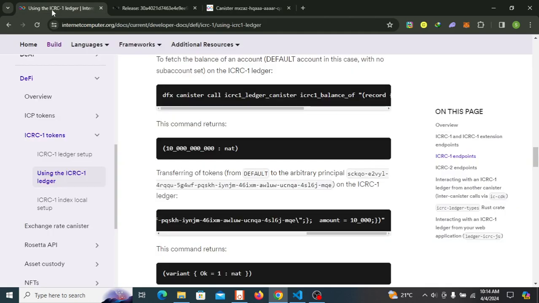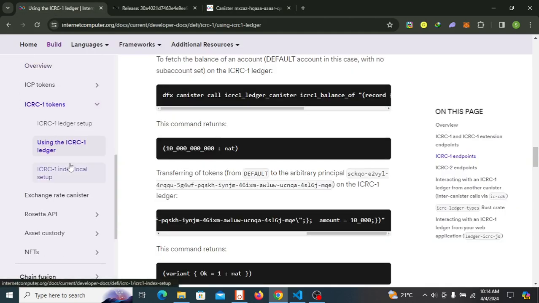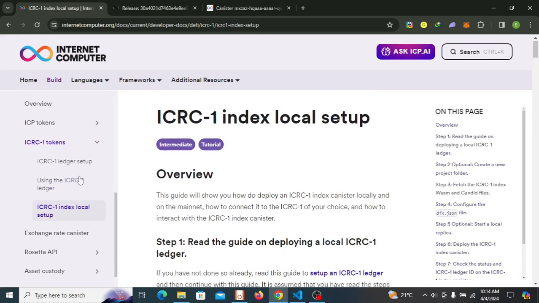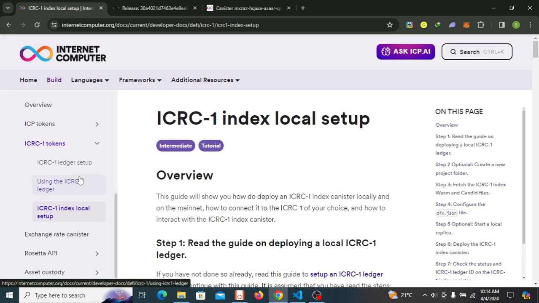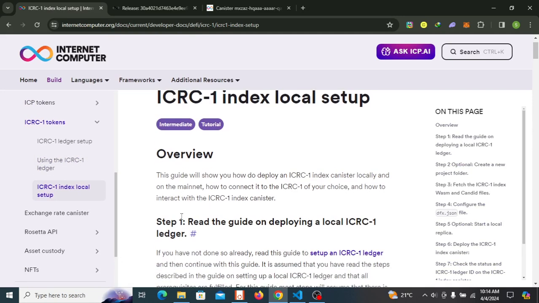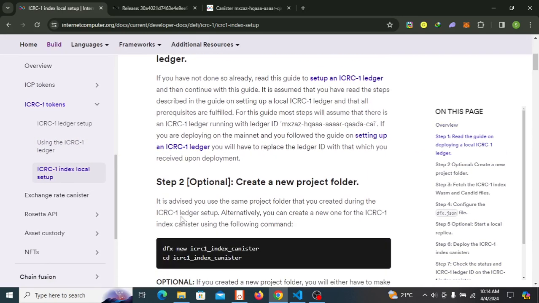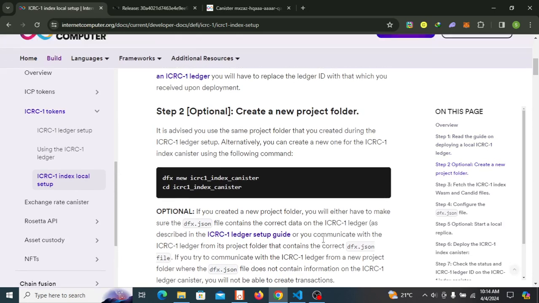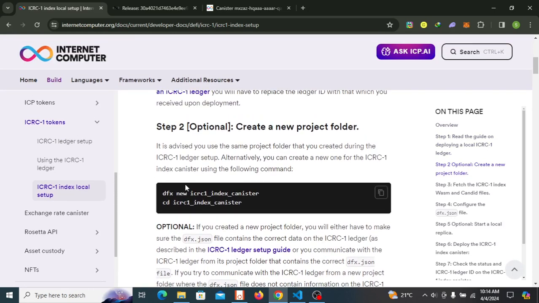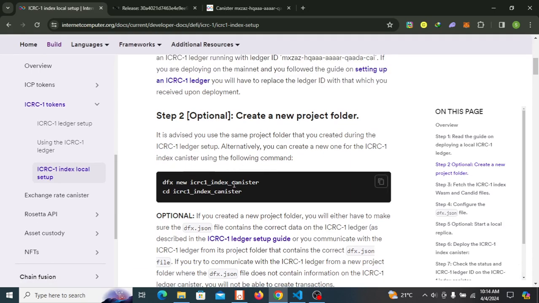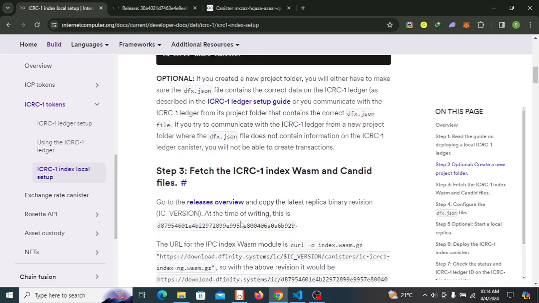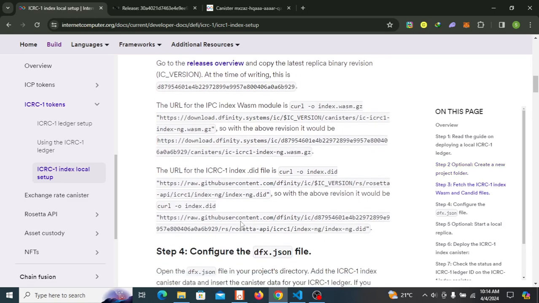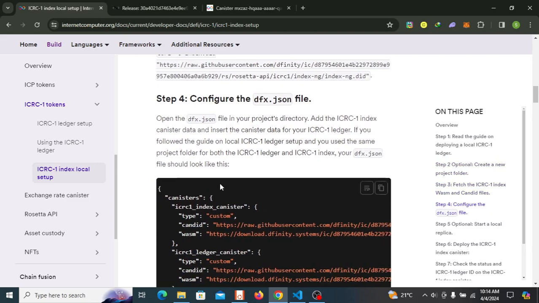And so going back to the guide, you see that there's also this option of ICRC1 index local setup. They tell you what the ICRC1 index does in the guide. And so basically it is almost the same steps as when we were installing the token ledger canister. Create a new project, navigate to that project, fetch the files. Now we want to do this. We will just configure